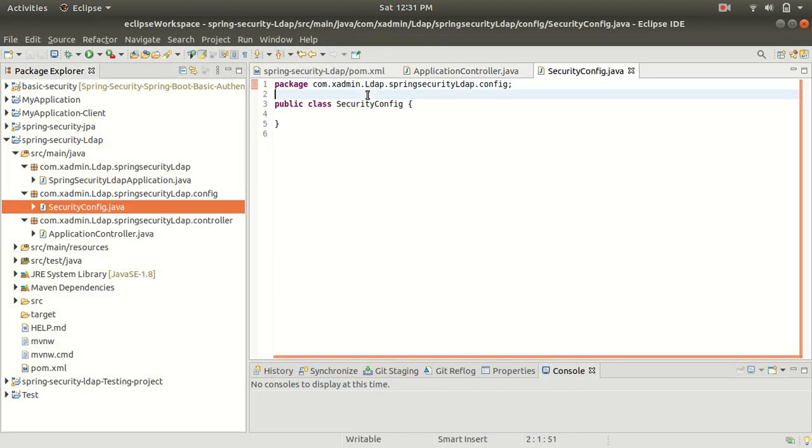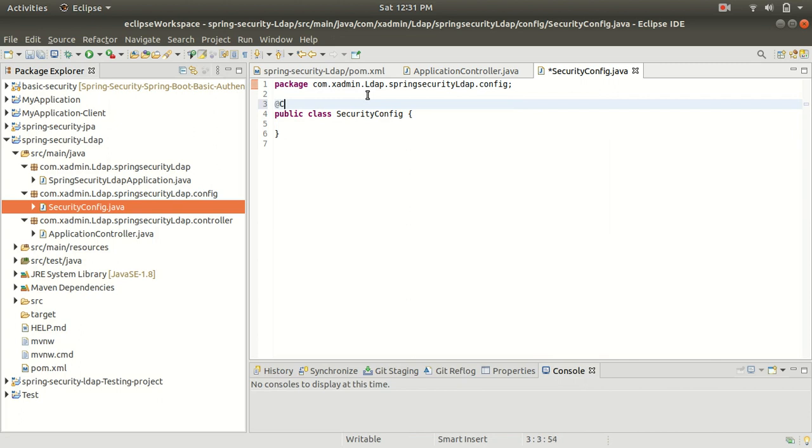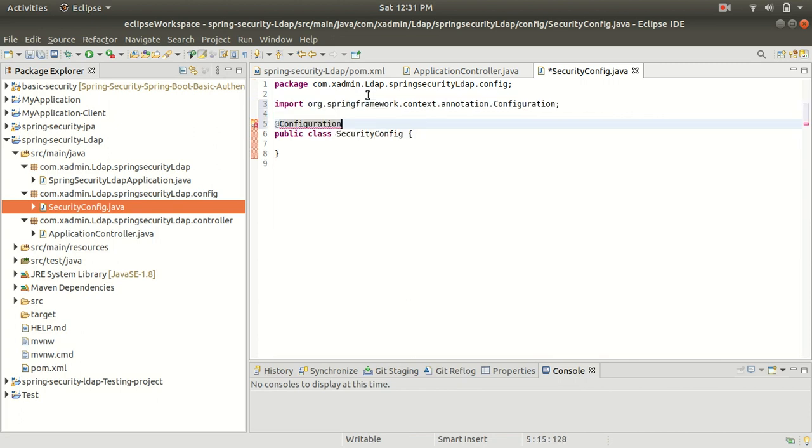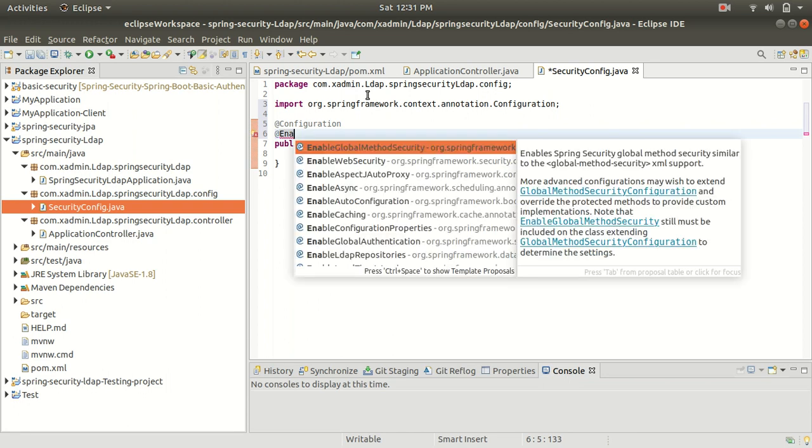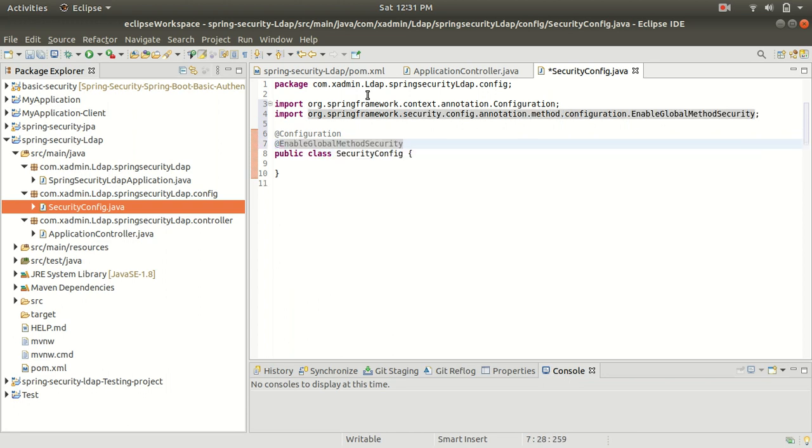So let's add a configuration annotation here. And the second annotation I'm going to add is to enable global method security. So let's add EnableGlobalMethodSecurity, and inside this annotation let's add